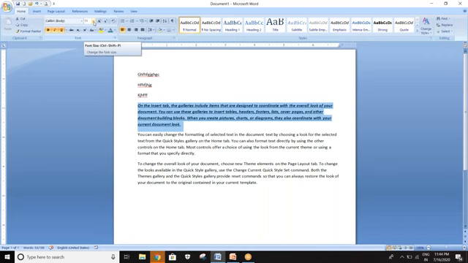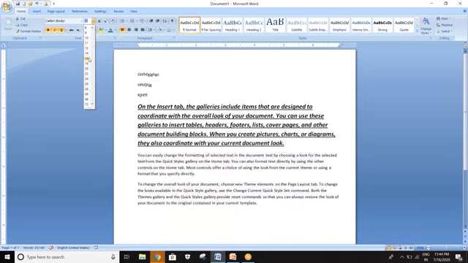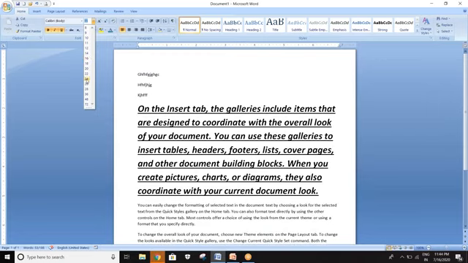Then font size. Font size is used to increase and decrease the font of characters, like this.